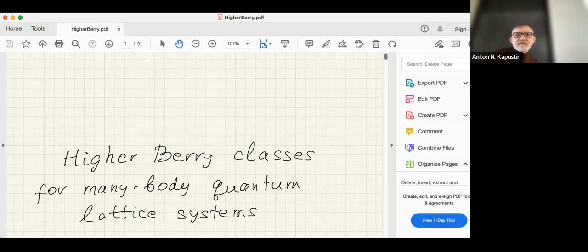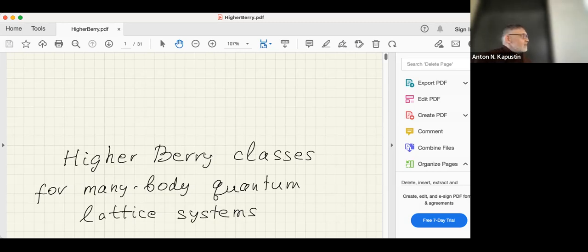This talk is mostly based on a joint work with Nikita Sopenko, which came out in January. But I'll later give some more references, which served as inspiration for this work. So the talk is about higher Berry phase, but first we're going to make a very brief review of what Berry phase is in quantum mechanics, and then why it's not trivial to extend it to many-body systems,